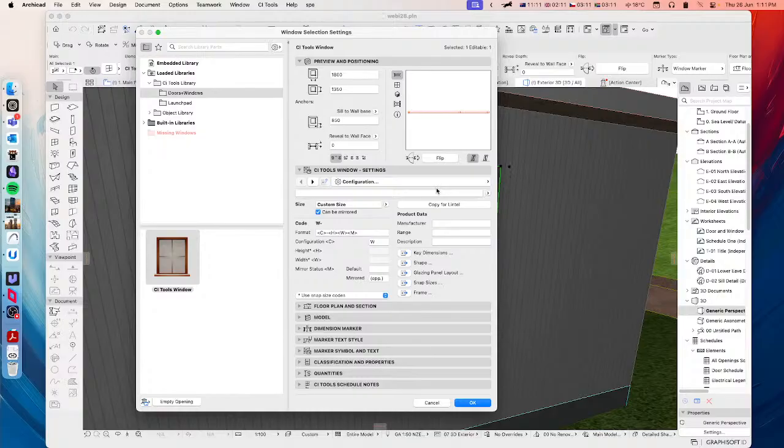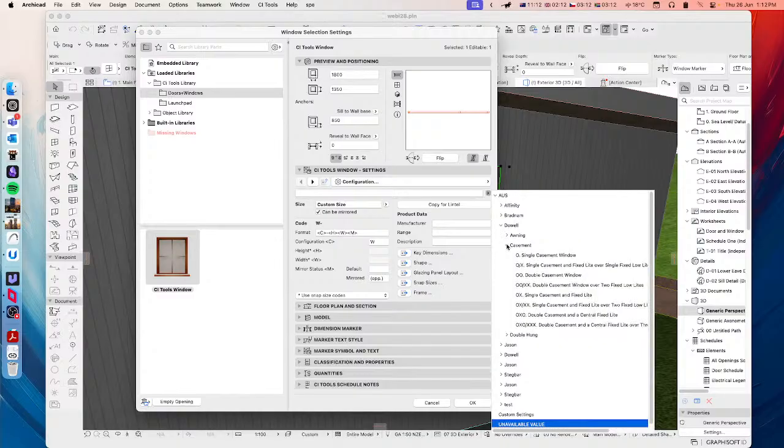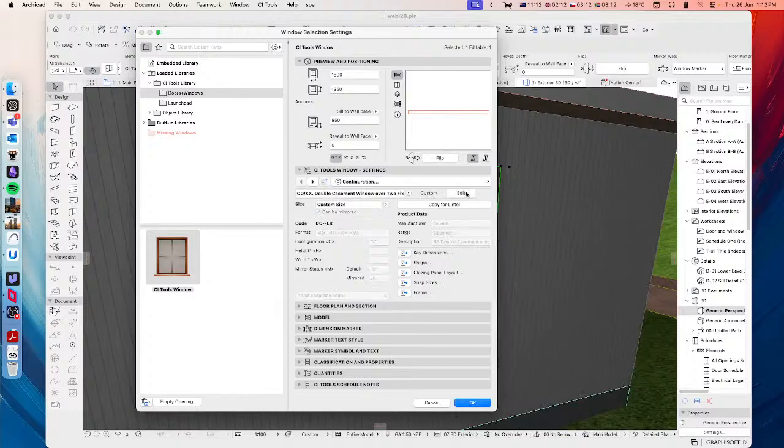For those of you who are interested though, styles are accessed via this bar at the top here. You can see it's empty at the moment. What we're going to do is open this flyout dialog here, and see what styles we have available. So in the default library, we have quite a few Australian styles set up already. So I'm going to go through and choose one of those. I'll choose one of these manufacturers. We'll get the casement window and we'll choose the double casement option here. And you'll see that as soon as I do that,